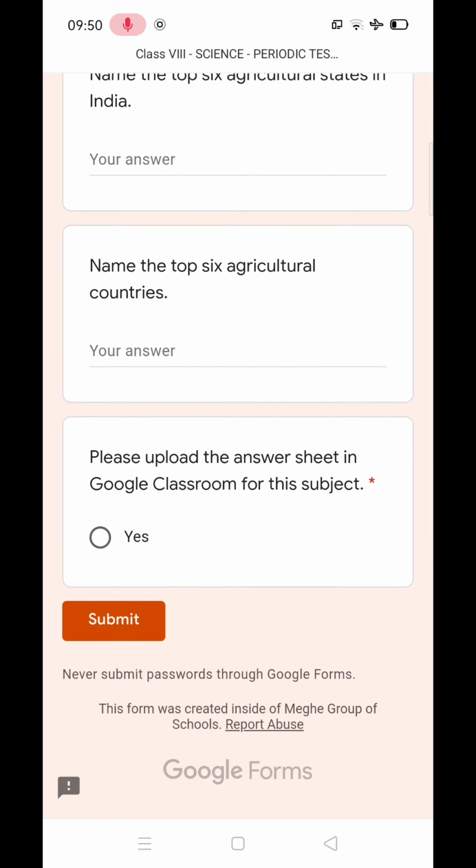You need to write all the answers one by one on ruled paper. While writing, make sure that you mention the school name, like School of Scholars Yavatmal or the name of your particular branch, followed by Periodic Test 1, then subject, student name, roll number, class, section, date. Fill all this mandatory information at the top of your ruled page and solve the answers one by one.